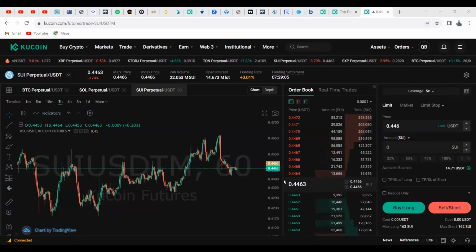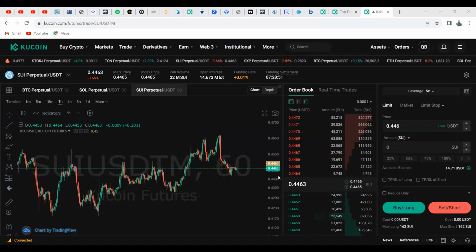Okay, and now this is where you'd basically see your current market price, or last price, of this particular asset. Okay, so that is what an order book is, and this is how these order books basically work. All right, so